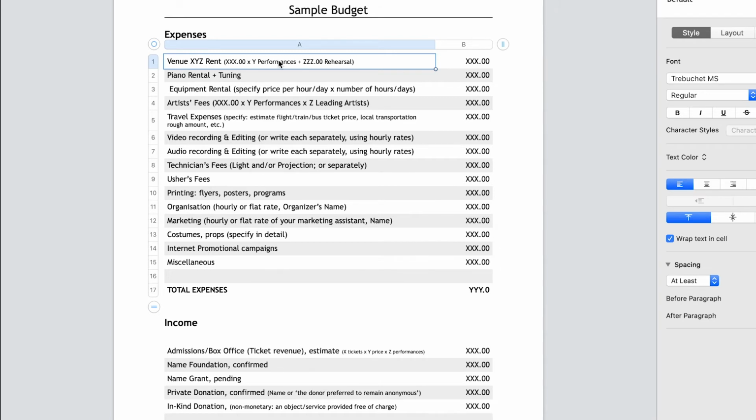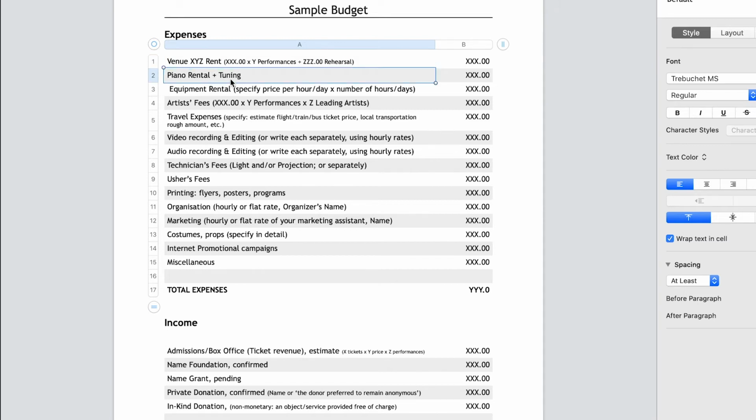Don't write just we need this venue and the price. It's not clear. The foundations have to know that you have calculated everything. At least make an estimate. Maybe if you are awarded a lesser amount, you can subtract one day, one performance, or if you are having several rehearsal days, you can subtract a day. That's no problem. However, first show more and estimate more.